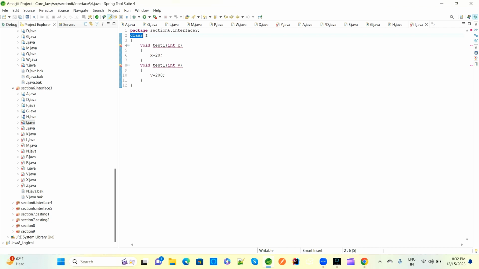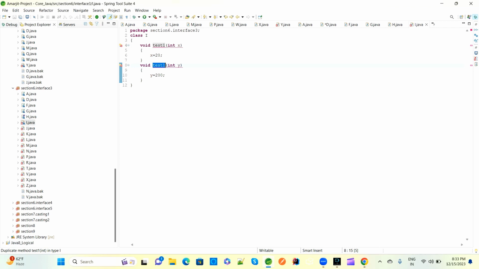Inside the default class we have test1 and test1. In this default class, duplicate methods can't be allowed. In a general class we cannot use the same type of method; that will only be applicable inside